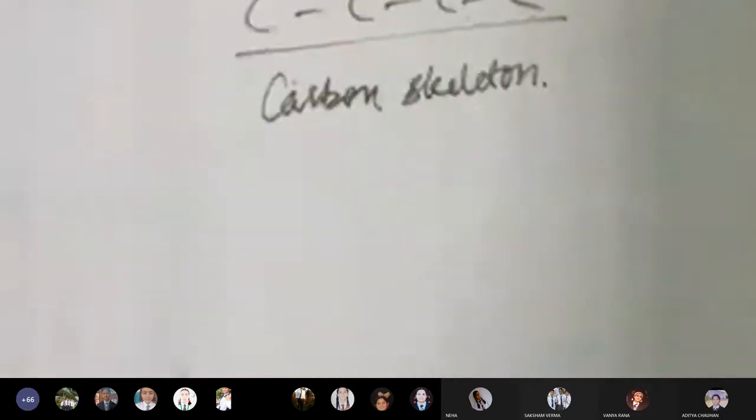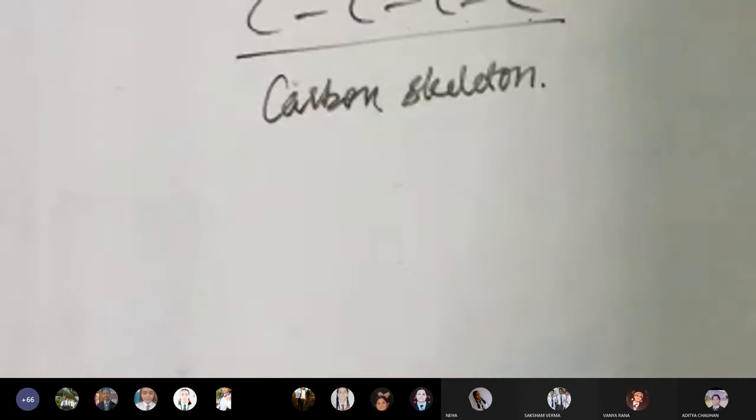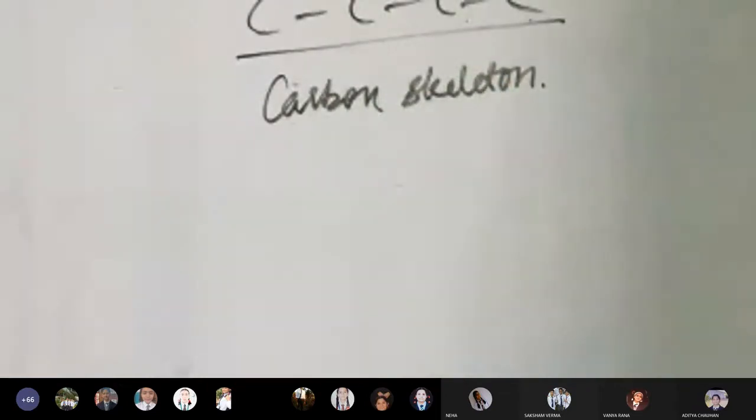4 carbons are present. For 4 carbons the word is but. Anybody whose mic is on, please switch it off. It is creating too much disturbance. So all are containing single bonds. For a single bond, ANE is used. I still have to teach you the naming, so I've just given you a quick example.